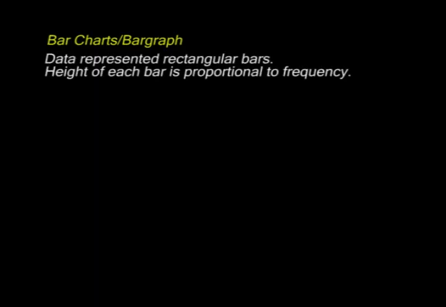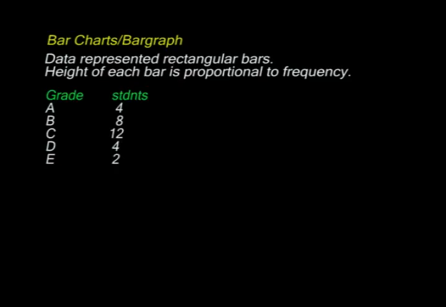The next type of data presentation is using a bar graph or a bar chart. The bar chart consists of rectangular bars, each bar representing one item. The height of the bar is proportional to the frequency of the item being represented. Now we shall represent the same information on a bar graph. In this case we shall not need to calculate the angles. So the width of the bar is also equal.